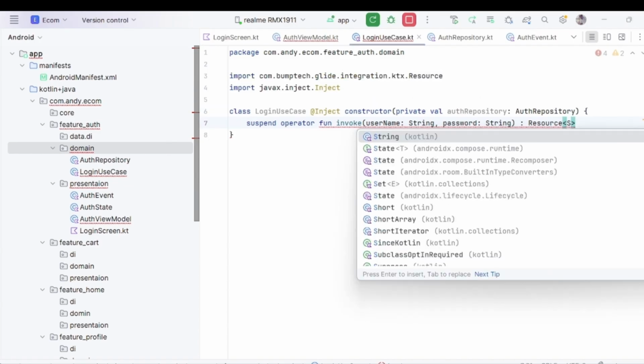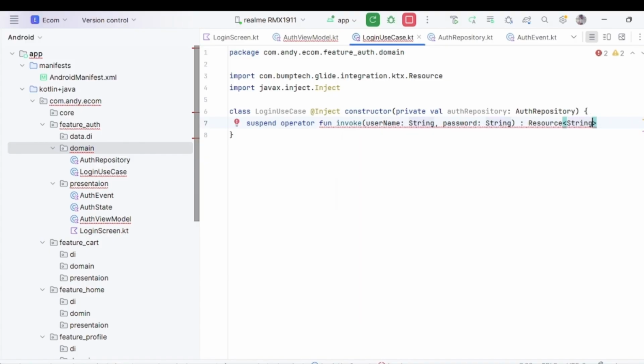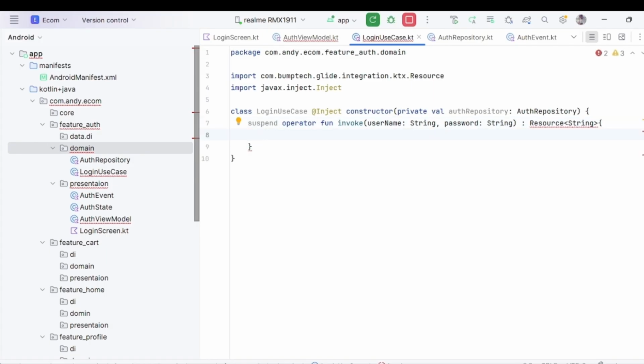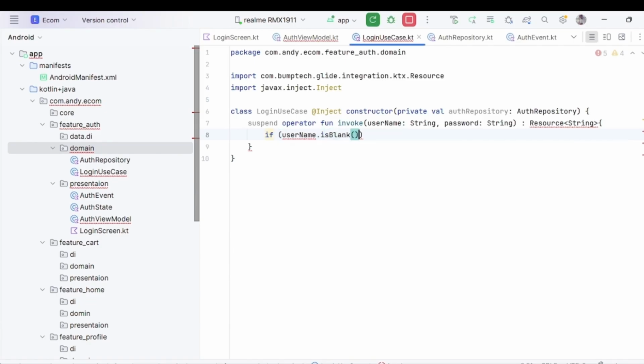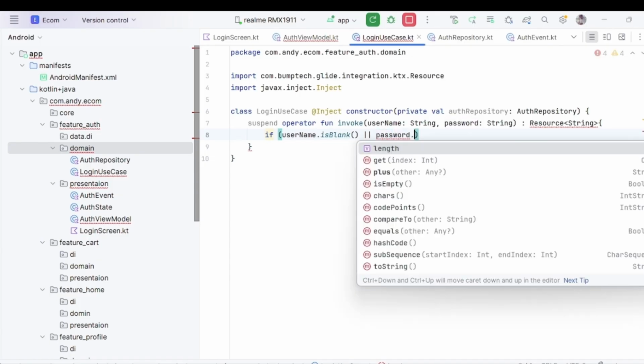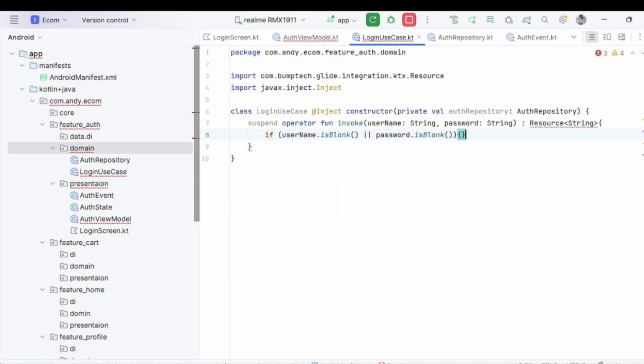That is our API. When we create the module, I will show you the login API and its response. Basically, it returns the token. Here, we just check that the username is not blank, or the password is not blank, and we return the